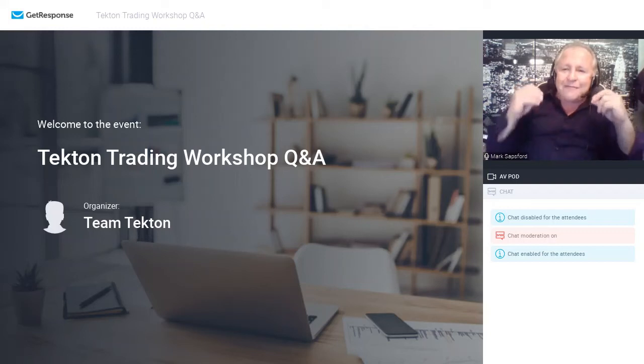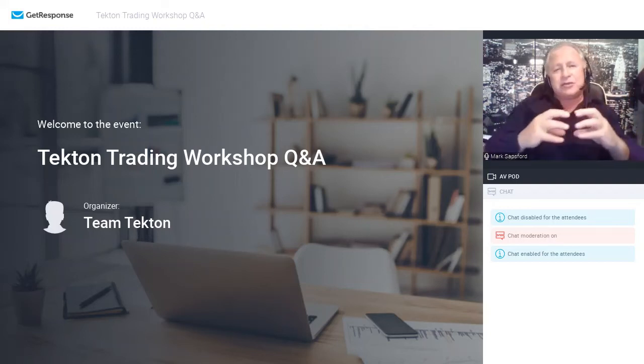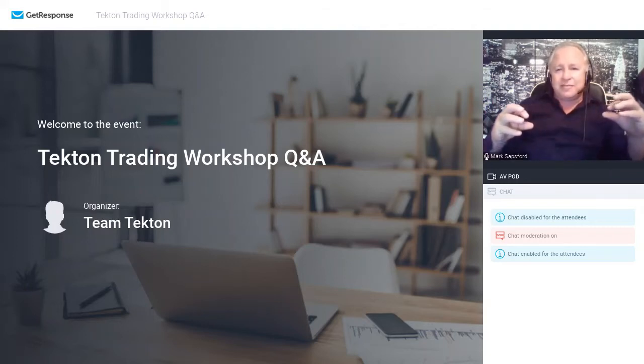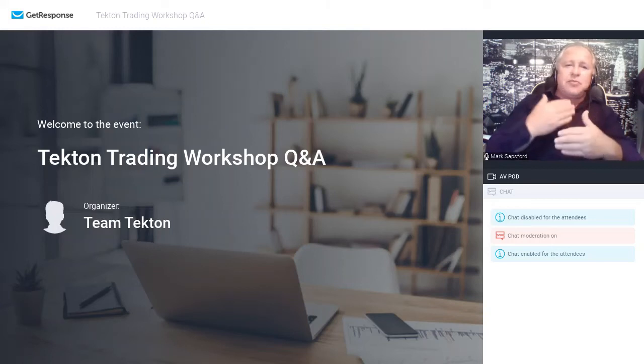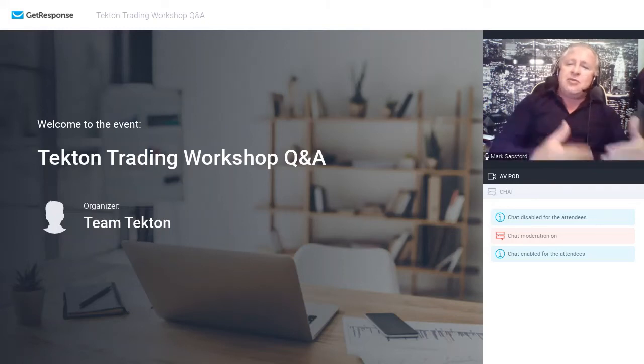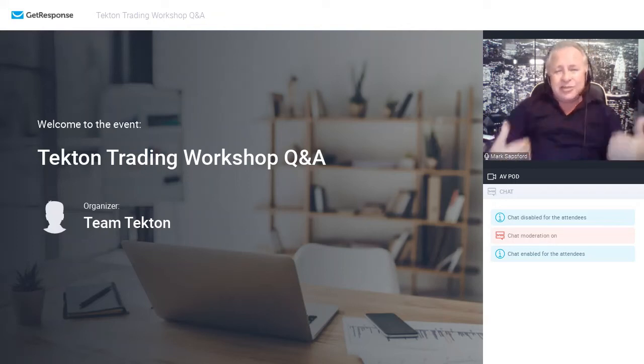Remember, every time a strategy is created in Tekton, it's creating also a unique code that sits with it. And that code is exportable and importable. So that can be used to actually bring in to someone else's Tekton, and they can then use that and then amend it. What I would suggest is then duplicate it.